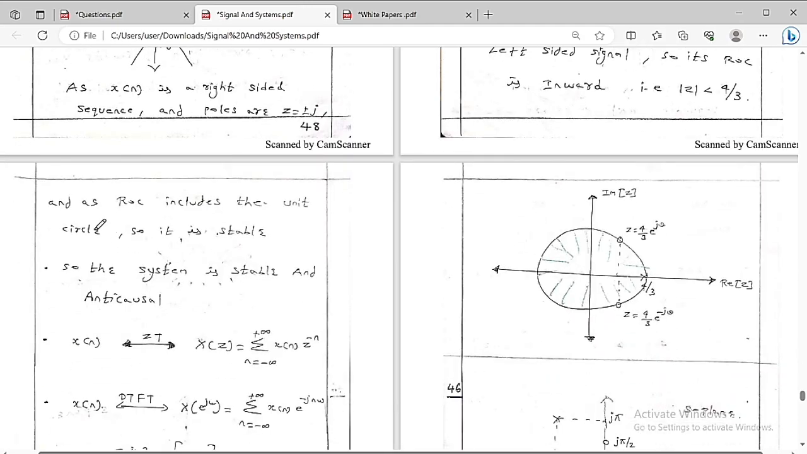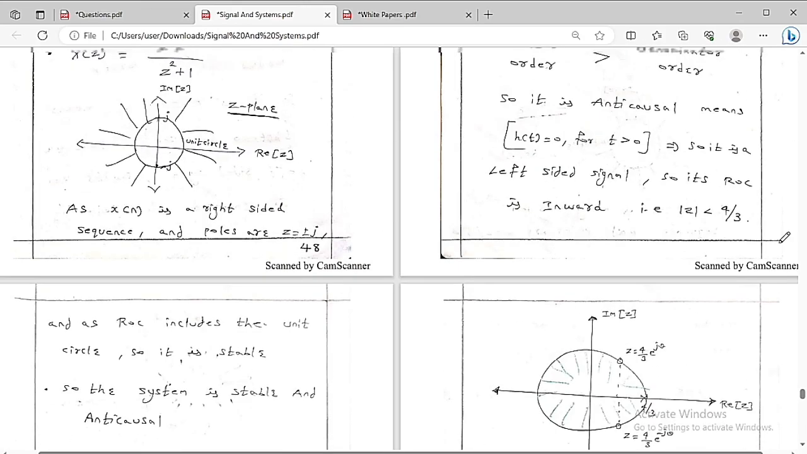And as the ROC is going to include the unit circle, see, 4 by 3 is nothing but greater than 1. So the ROC is going to include the unit circle, because the modulus is less than 4 by 3. So therefore, whenever the ROC is going to include the unit circle, we can say that